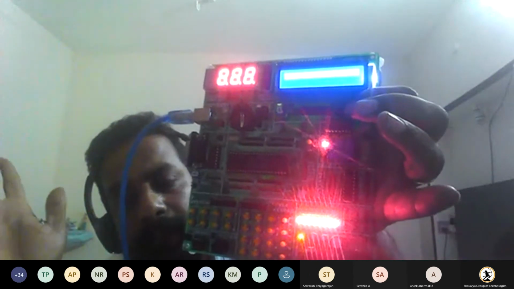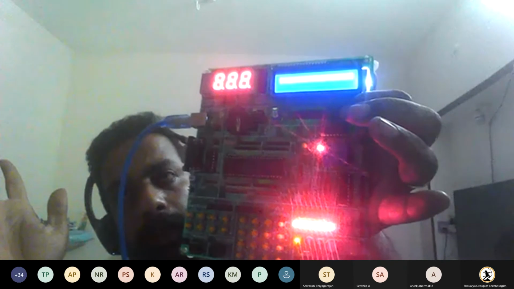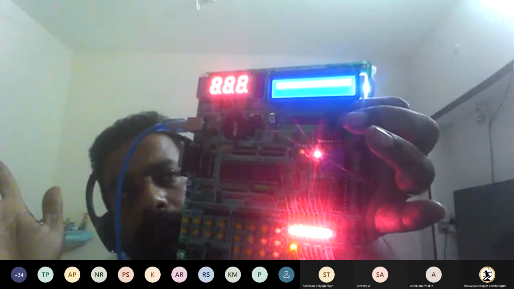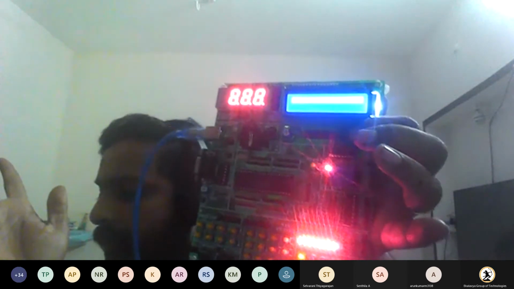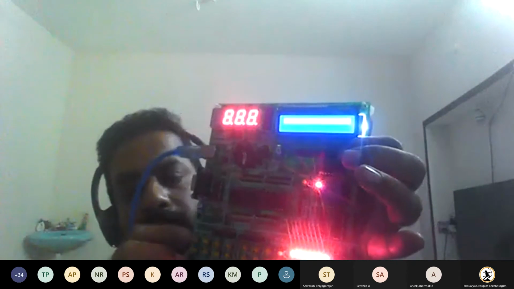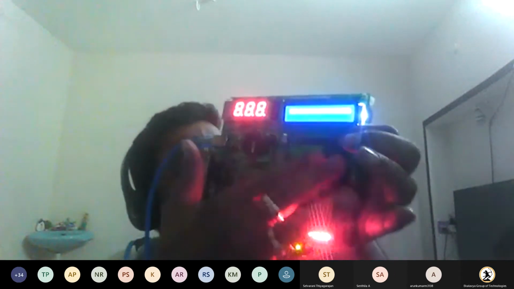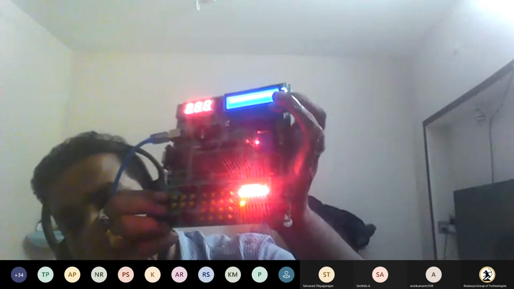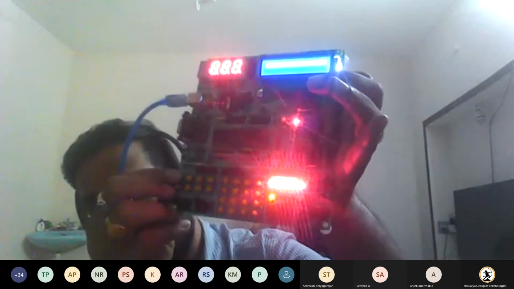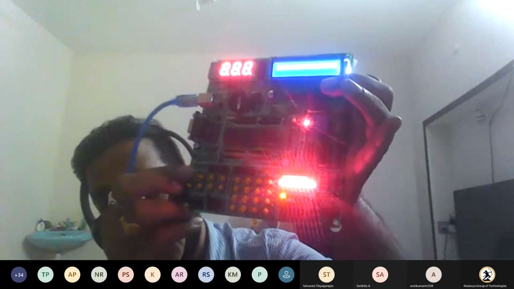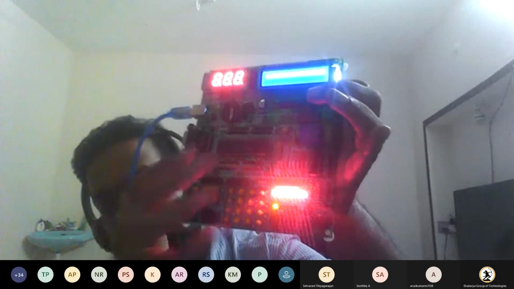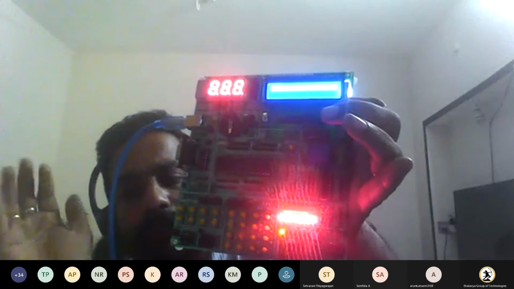So for the application I have told you, you need to make a similar situation, such that this is the switch and this is the motor. Whenever I press the switch, the motor is switched on. If I press again, see here, the relay will switch off. The motor is switched off.